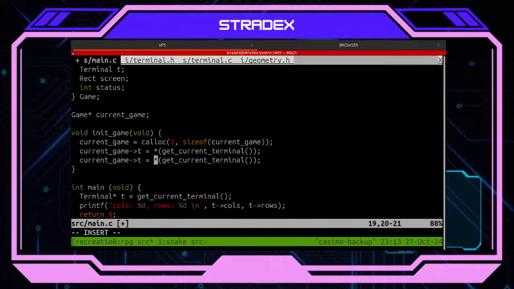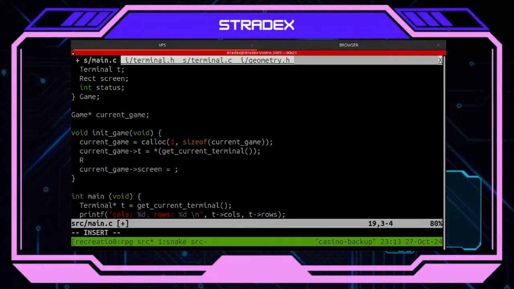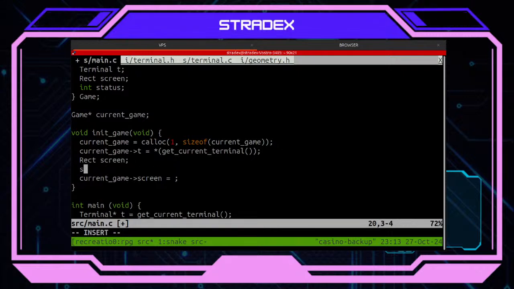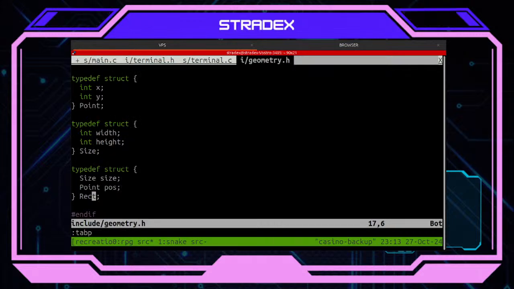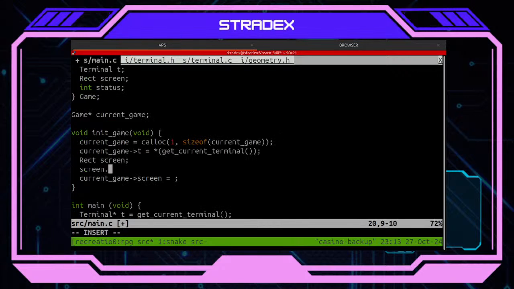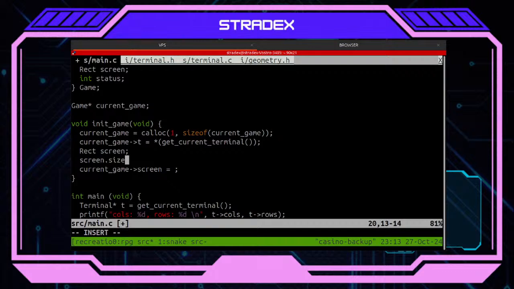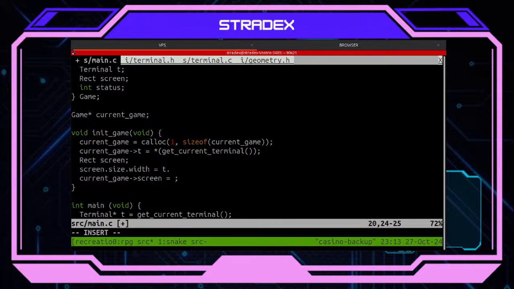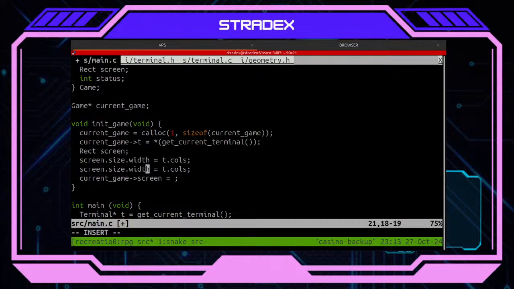Let's actually create a screen here. Okay, that's good enough.